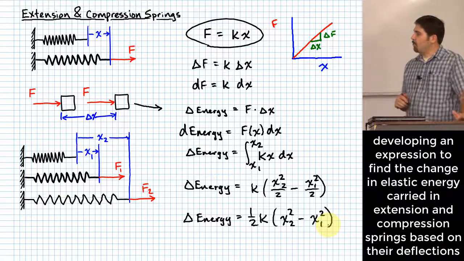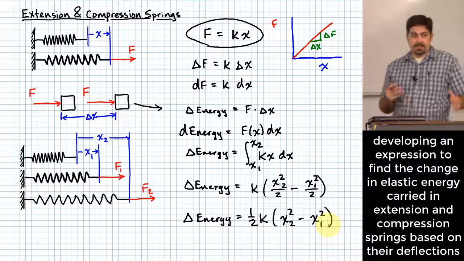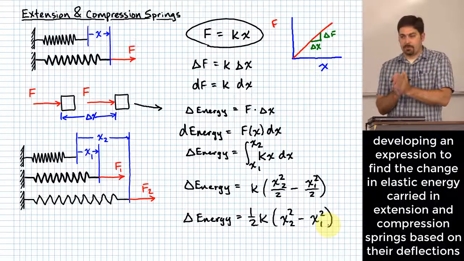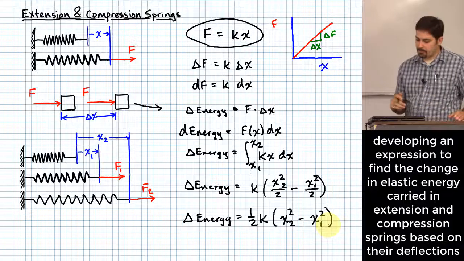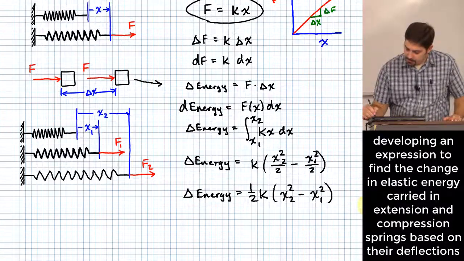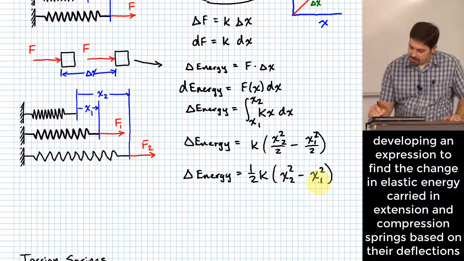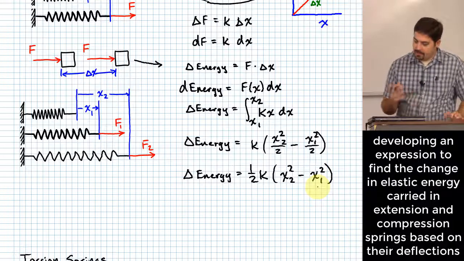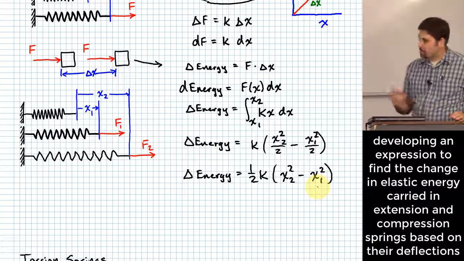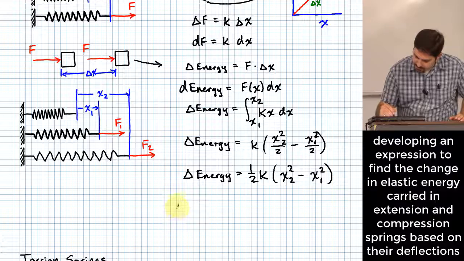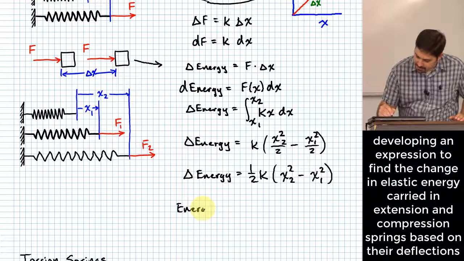Now it's possible that one of your x positions is 0. Like you have 0 deflection in the spring, meaning that you've got 0 force in the spring as well. So if your starting position, x1, is that relaxed position for the spring, this is where we often see that energy stored in a spring